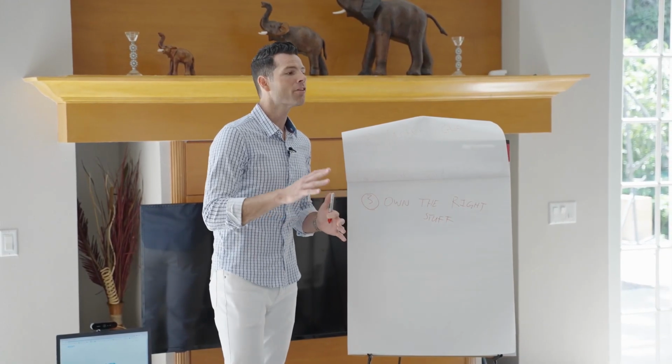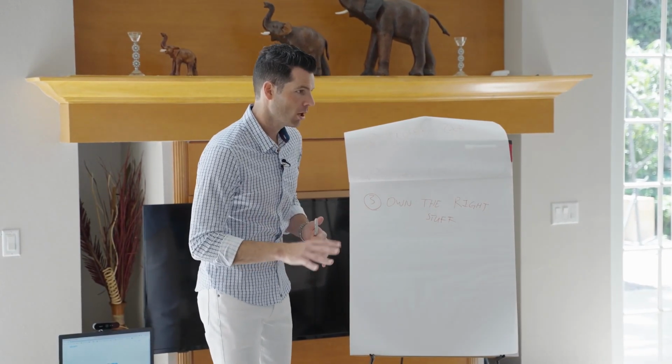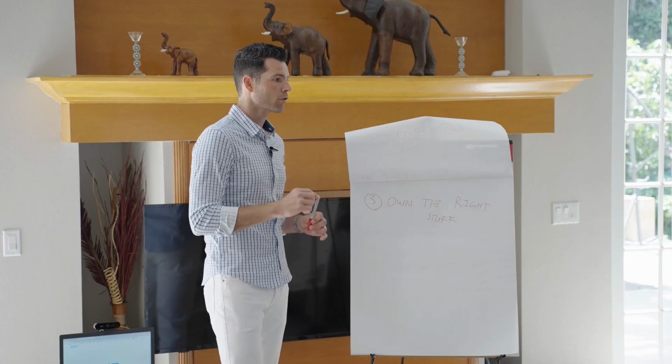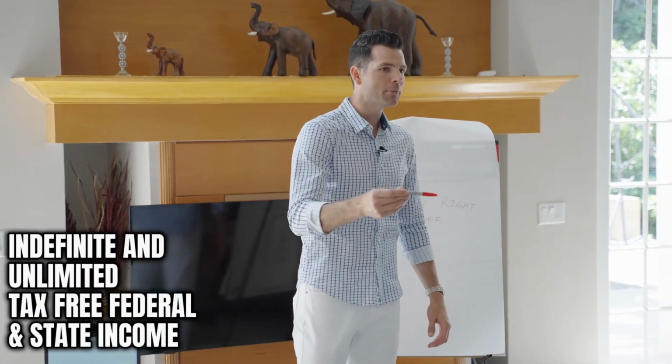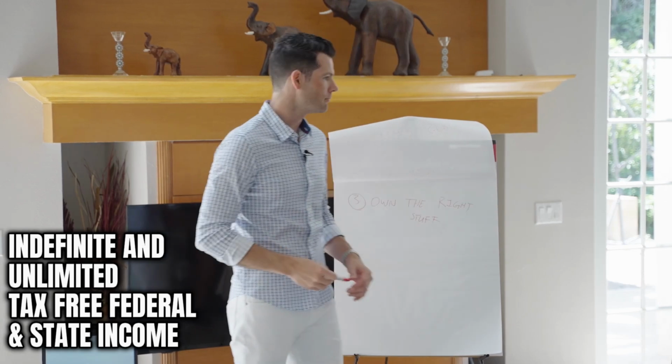There is no other asset class other than potentially a Roth IRA or Roth 401k that you can have indefinite and unlimited tax-free federal and state income. Yeah, so to your point, you live in a state, like not only are you a high income earner, but you also live in a state that has a very high tax bracket. Whole life. So what he was explaining to me, because that's one of the things he suggested to me, and initially that's different. So it's pulling against the current.